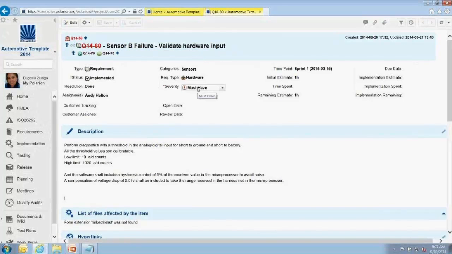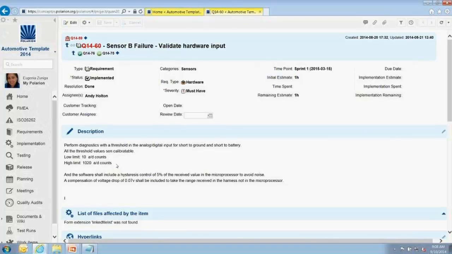It's already saying it's a must-have, it's hardware, it's for sensors. So in hardware, I need a threshold to validate the hardware itself. Keep in mind that this requirement, for example, means inputs from the hardware. It doesn't mean the hardware itself. If it were the hardware itself, it would be another requirement saying something different. But it falls in this requirement type, where you can check if it's performance, safety, hardware, or interface. It falls in this category because it means verifying that your input from the hardware is accurate. That's where